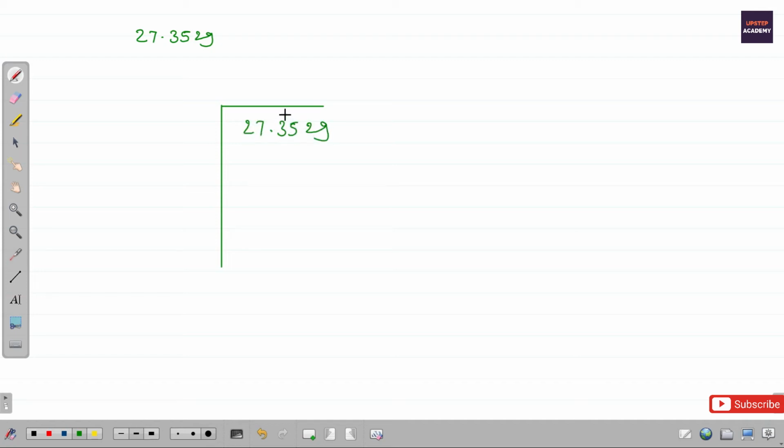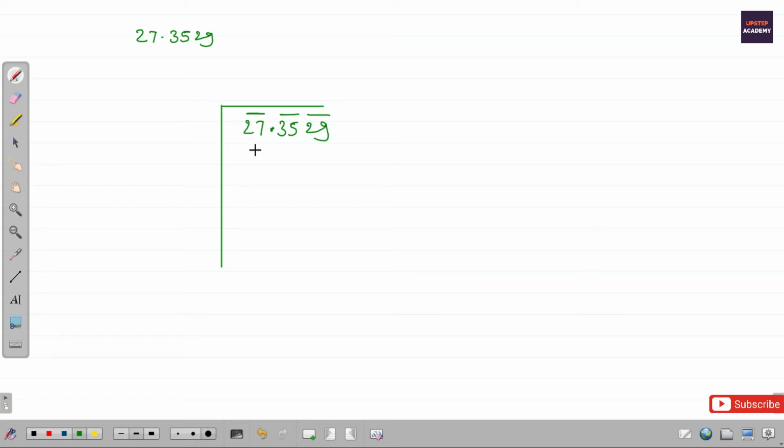In this case what we have to do, we have to take into consideration this decimal point, and from this decimal point we have to go to the left by grouping the two numbers together. So this 27 will be the one group, and then we have to go to the right by grouping two numbers together. So 35 will be the first group and 29 will be the second group. Keep in mind, from the decimal point we have to go to the left first and then right. It means from right to left we are going, and from left to right we are going.